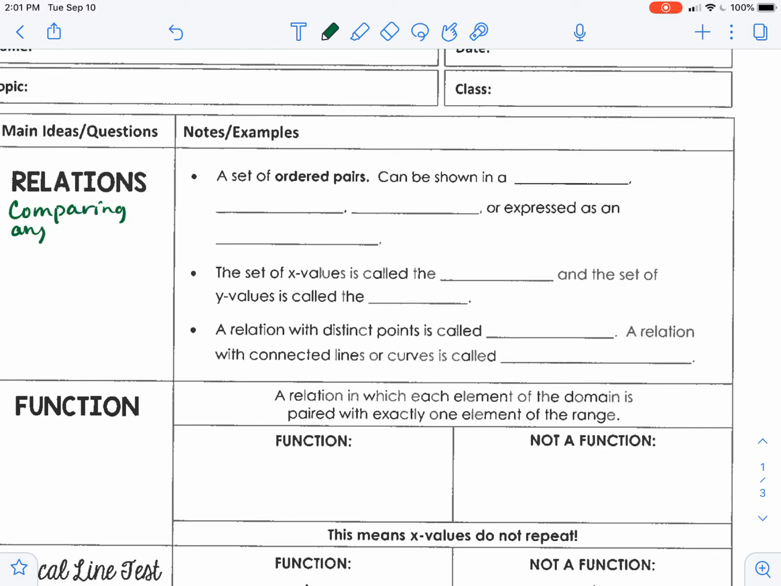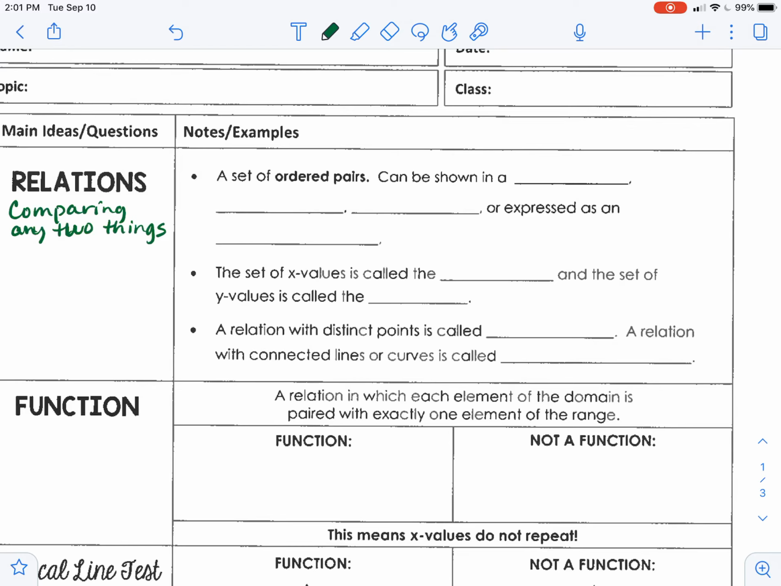any two things. Okay? And again, just because we're comparing them doesn't mean that it's going to be a function. What we're talking about is that we're not going to be able to write an equation to compare one versus the other. So just comparing any two, it's a very broad